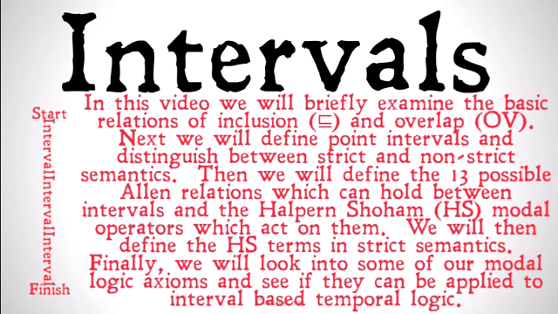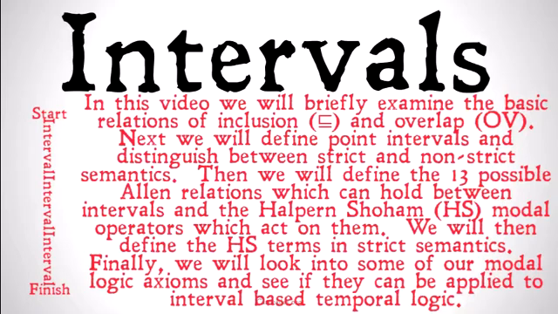complicated. In this video, we're going to briefly examine the basic relations of inclusion and overlap and add them to our basic relation of precedence that we had for instant-based logic. Next, we will define point intervals and distinguish between strict and non-strict semantics. We will only be working with strict semantics in this video. Non-strict semantics is a little more complicated, and this video is already going to be long and complicated enough as it is. Then we're going to define the 13 possible Allen relations which can hold between intervals and the Halpern